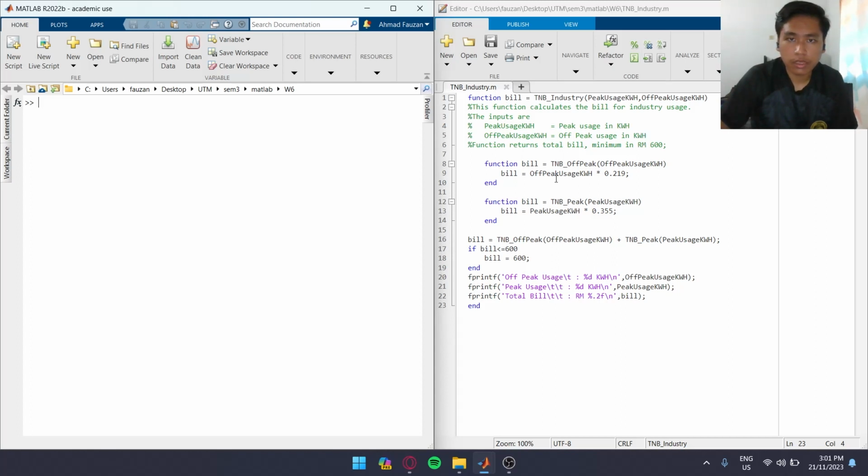The function name is the same as the indication, TNB industry, and inside the function we have another two nested functions, TNB off peak and TNB peak. We take the off peak usage kilowatt hour and multiply by 21.9 cent, and the same in TNB peak, we take the peak usage kilowatt hour and multiply by 35.5 cent, and then we sum up the output of these two functions into one variable, bill, and then we